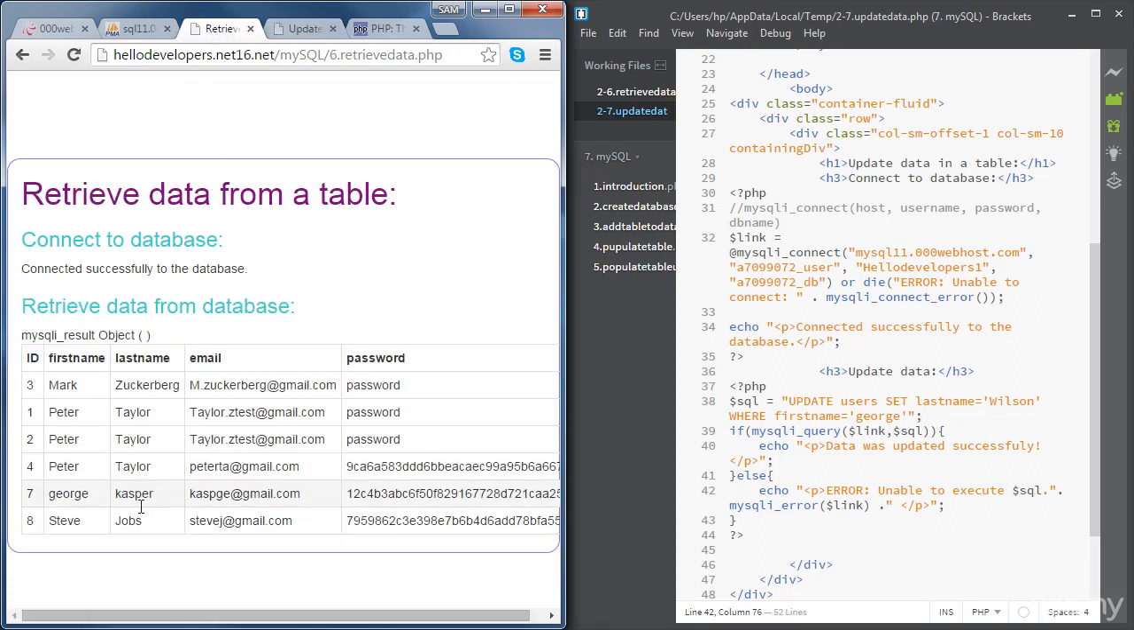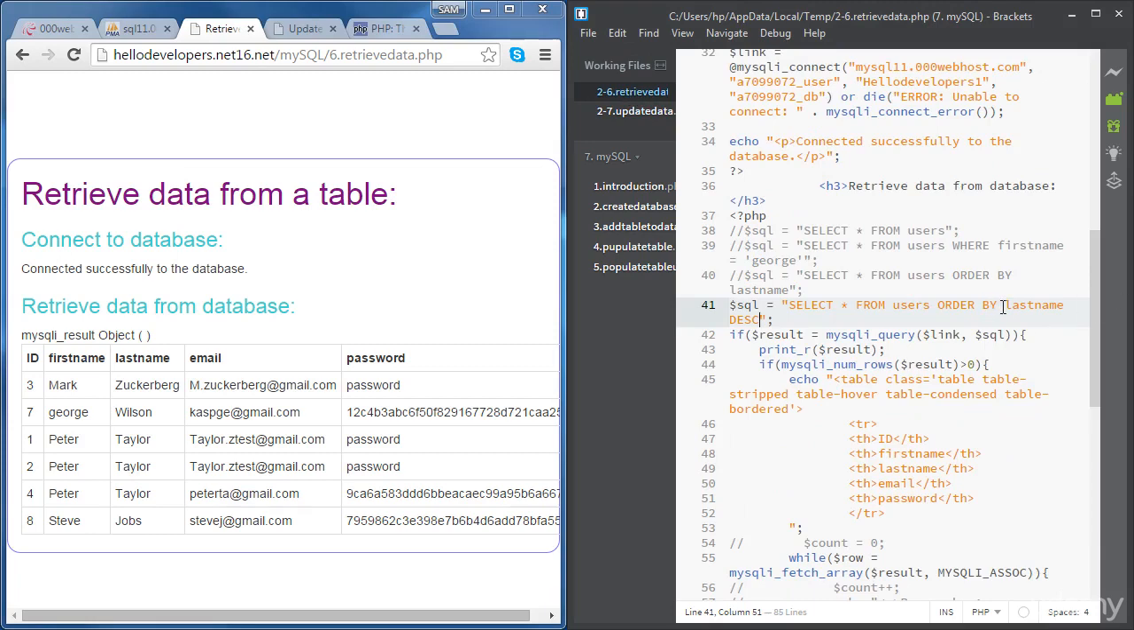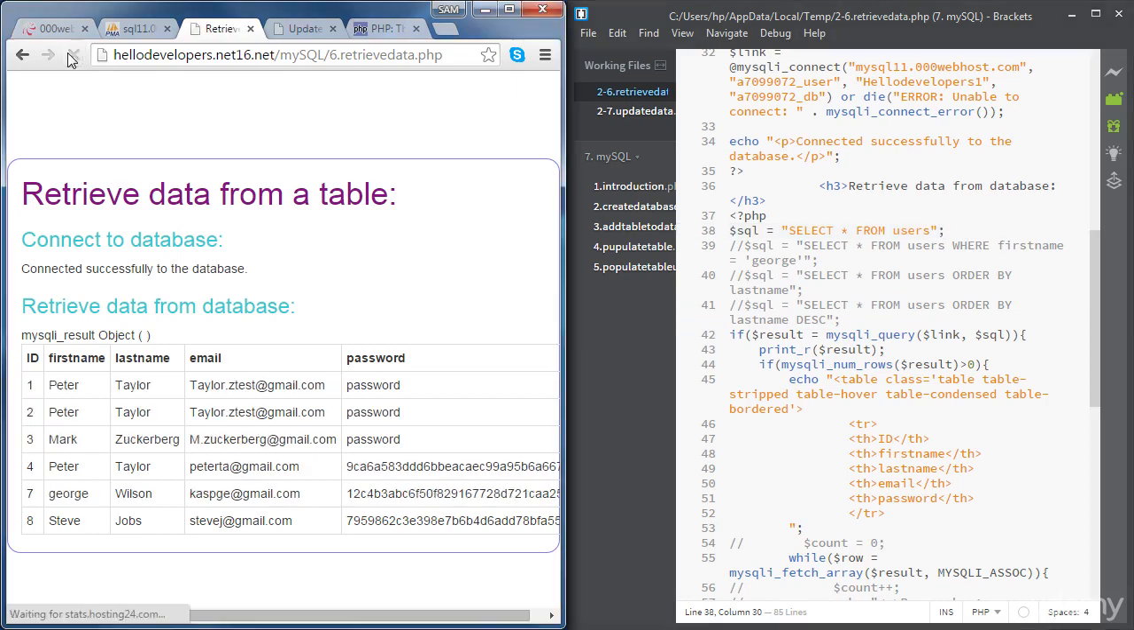So let's have a look at our data. We're going to refresh now, and we're going to look at the new last name of George. And you can see that the new last name of George is Wilson. The order changed because we are showing the data by last name, descending. Otherwise we can just comment this for now and show the first one if you want to. If we save and refresh. All right, so that's how we can update